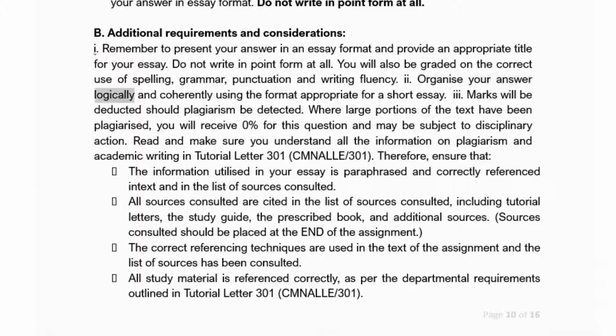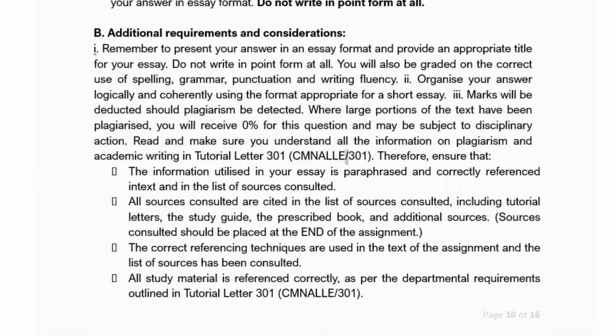Organize your answer logically and coherently using the format appropriate for a short essay. 3. Marks will be deducted should plagiarism be detected. Where large portions of the text have been plagiarized, you will receive 0% for this question and may be subject to disciplinary action.